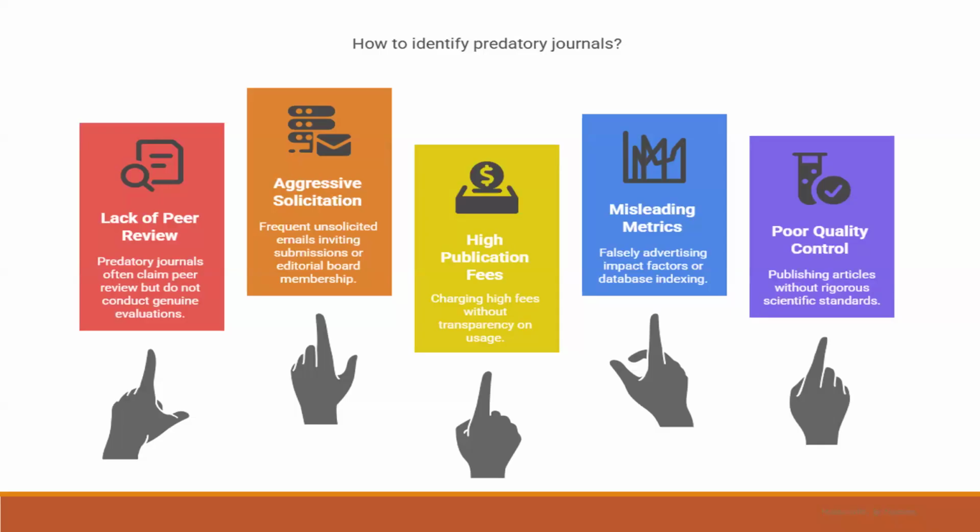Then there's also poor quality control. They publish articles without rigorous scientific standards. So you submit a paper today, tomorrow it is accepted. Or you submit a paper, they take one or two weeks just trying to buy time, and then at the end of the day, they tell you your paper has been accepted, send us money. Or some of them will tell you that they are not going to tell you how much they charge until your paper is accepted. You see, they are trying to box you. So you ask them, how much do you charge as an article processing charge? And they tell you, okay, just submit your paper. Once the paper is accepted, then they will tell you how much to pay. Why are they not forthright?